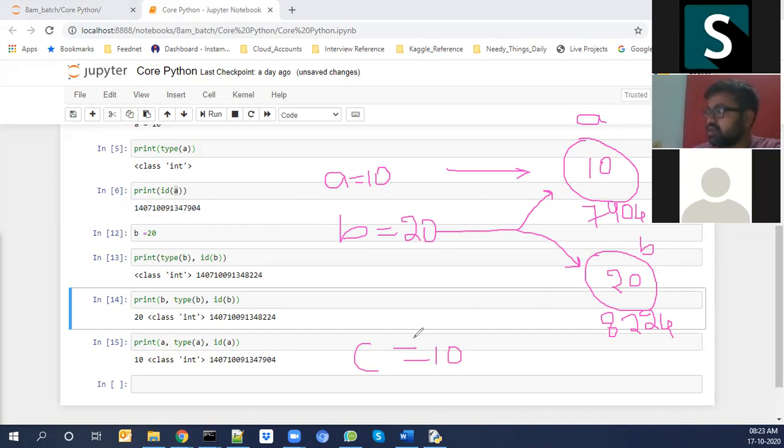If I say C equal to 10, my interpreter will go and search again. It's not 20, this is 10.